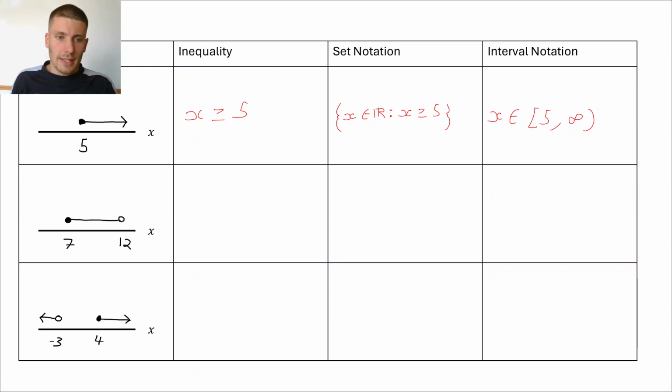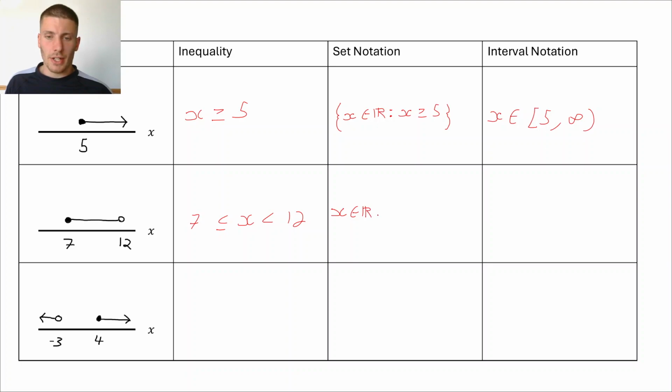The second one, let's give it a look. Okay, so we've got your x values are bigger than or equal to 7, less than 12. Inequality notation should be quite nice. x is greater than or equal to 7, but less than 12. Okay, good. Set notation, it's very similar to this, but we've got this extra bit included. There's actually another way of writing it, which we'll get into later, but I don't want to overload you for the time being. So this is just going to be written for the time being as x belongs to the